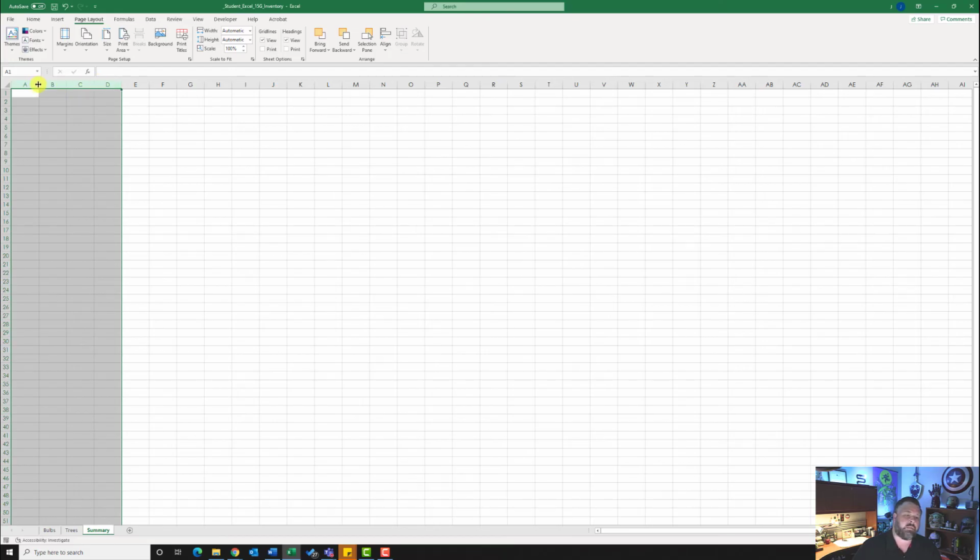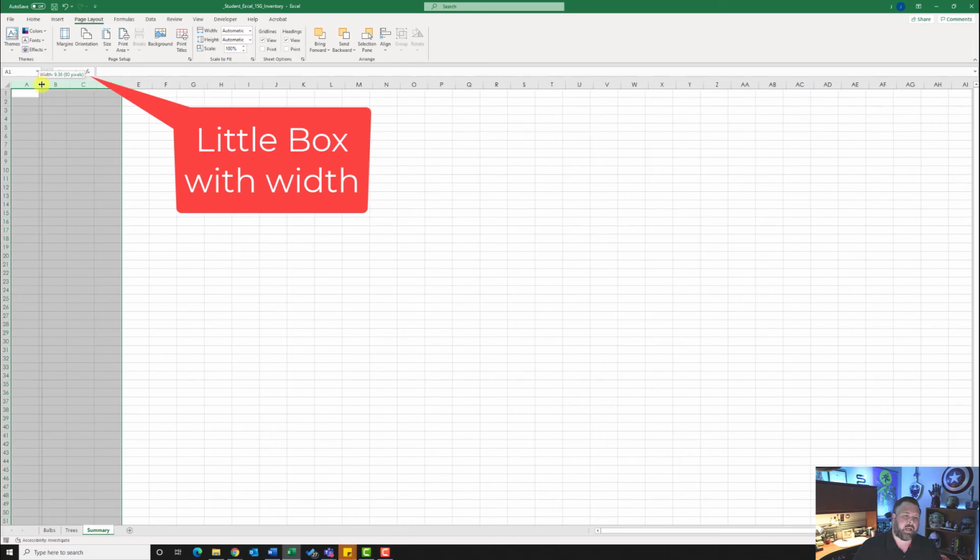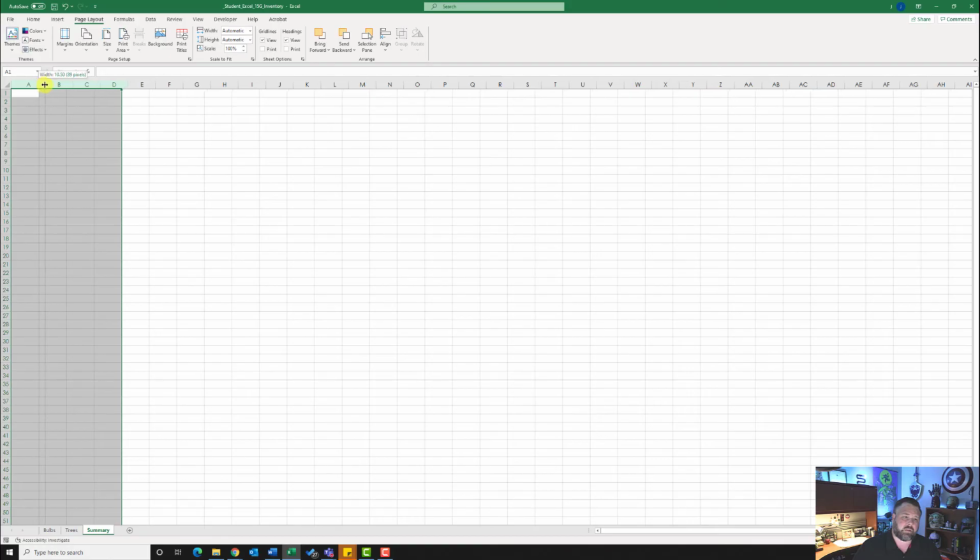So I'm going to hover in between A and B. Notice that I get the two arrows pointing away from each other. I'm going to click, hold, and drag. And notice that that little box pops up. It wants me to change it to 170 pixels. Notice that I'm at 89. So I'm going to go all the way over to where it says